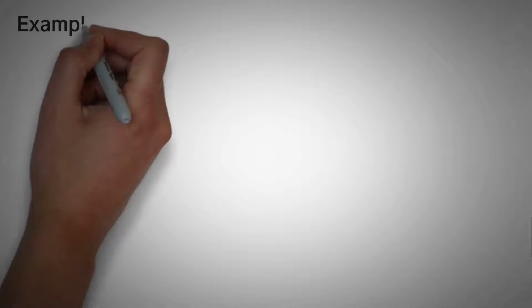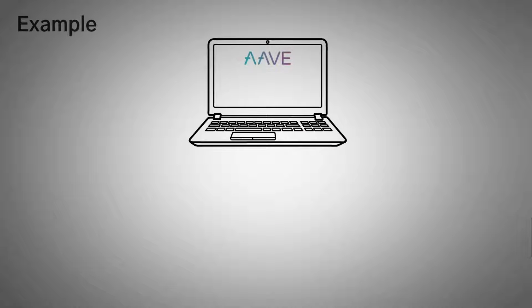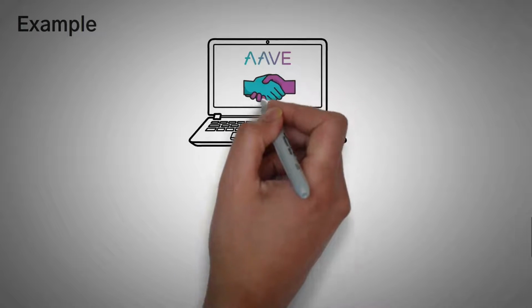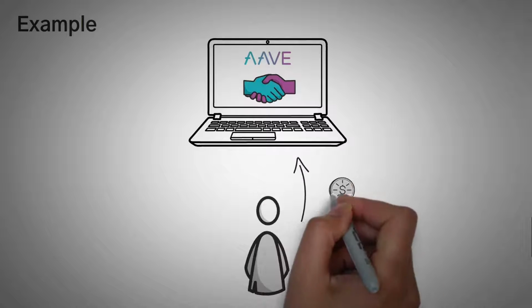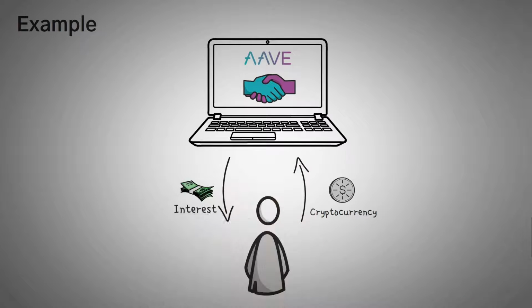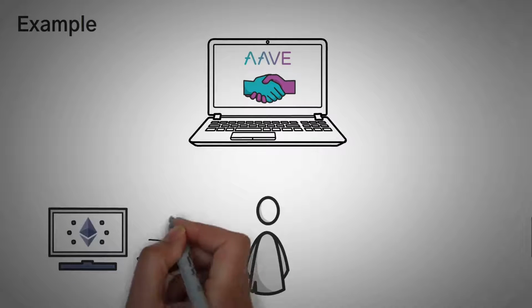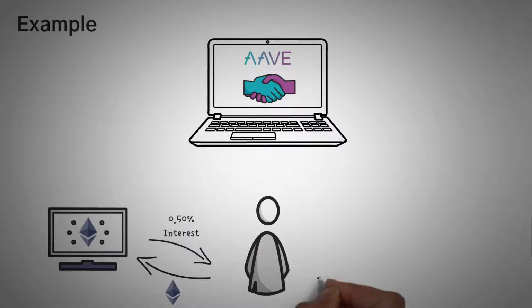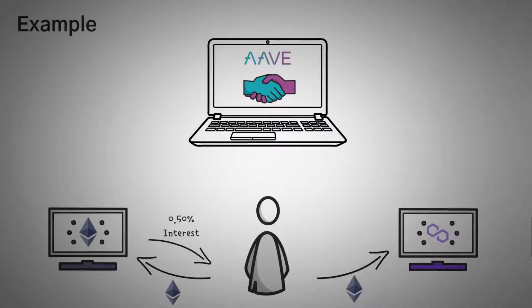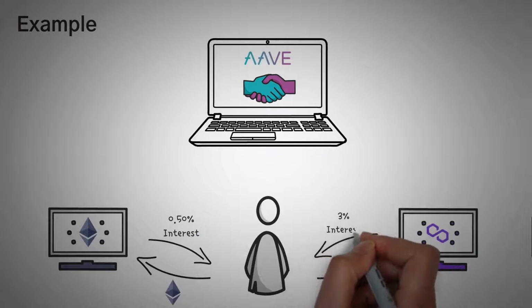Let's go over a very simple example as to why you would use a blockchain bridge. Aave is a very powerful and popular lending and borrowing platform that allows you to lend out your cryptocurrency in turn for earning interest on it. For example, if I lend out Ethereum on the Ethereum network, I can earn around half a percent of interest right now. However, if I lend out basically the same asset, Ethereum, on the Polygon network, I can earn 3%, which is 6 times the returns.